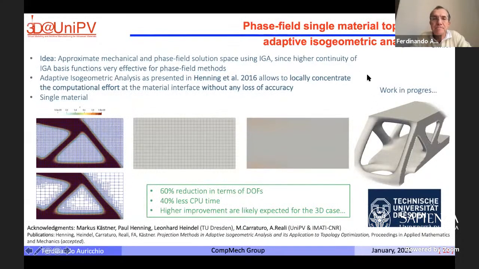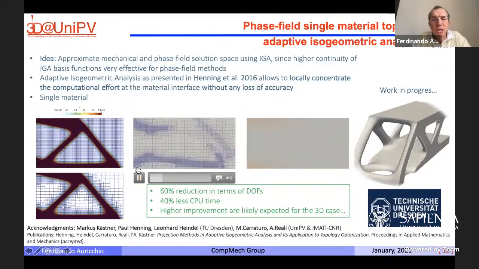Okay. Another opportunity that comes from 3D printing is the fact that when you do topology optimization, you don't know exactly where the material is going to distribute. So, for example, here you can see a square where we distribute a certain amount of material. This is the optimal distribution, but clearly this optimal distribution is unknown from the beginning. So the question is which mesh you should use. You can start with a very fine mesh from the beginning, or you can use some sort of adaptivity scheme, so you refine only where you really need your finite elements.